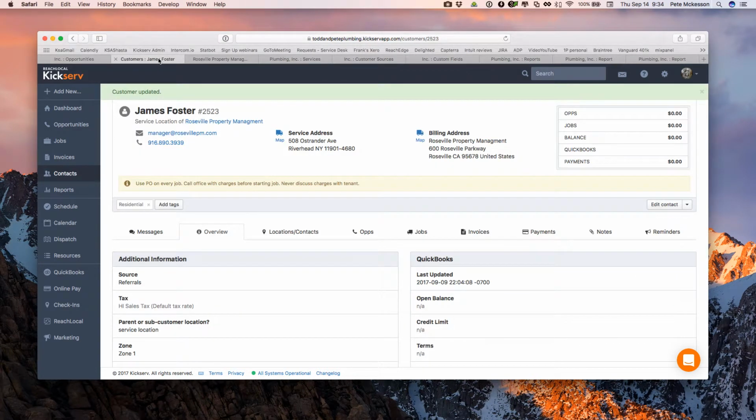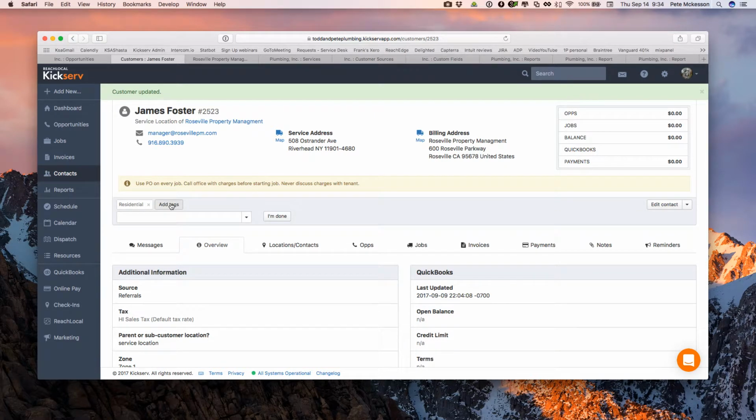Now, when we get to the customer record, in this case, this is James Foster. He happens to be a service location of the Roseville Property Management. And so one of the features we have here is tagging. One thing that's not built in is the ability to differentiate between residential and commercial. So that's one key benefit of tagging. You can quickly tag your customers as such